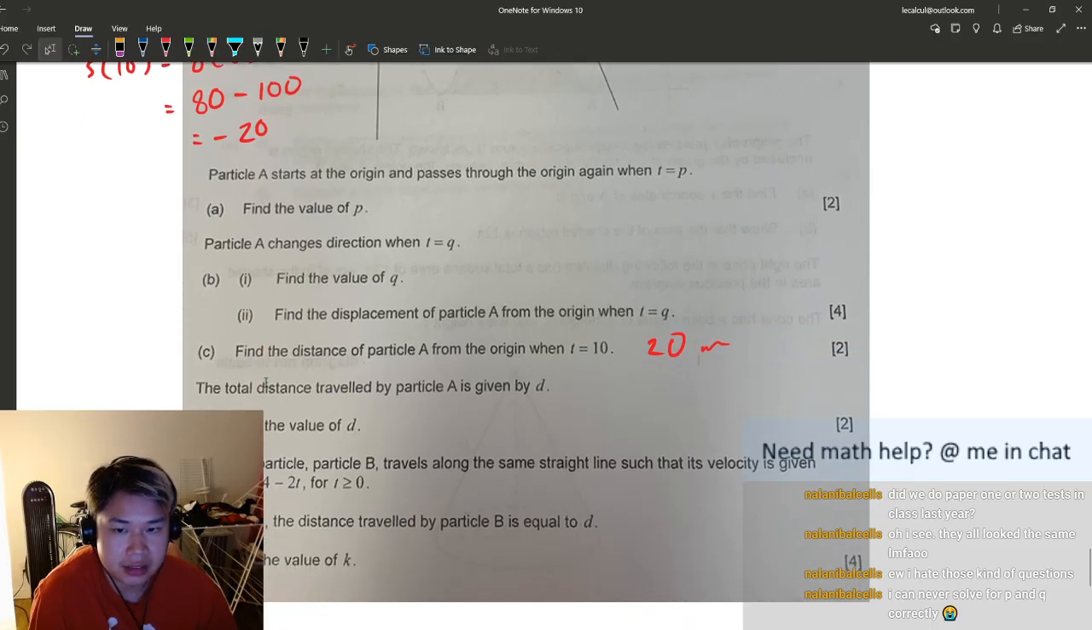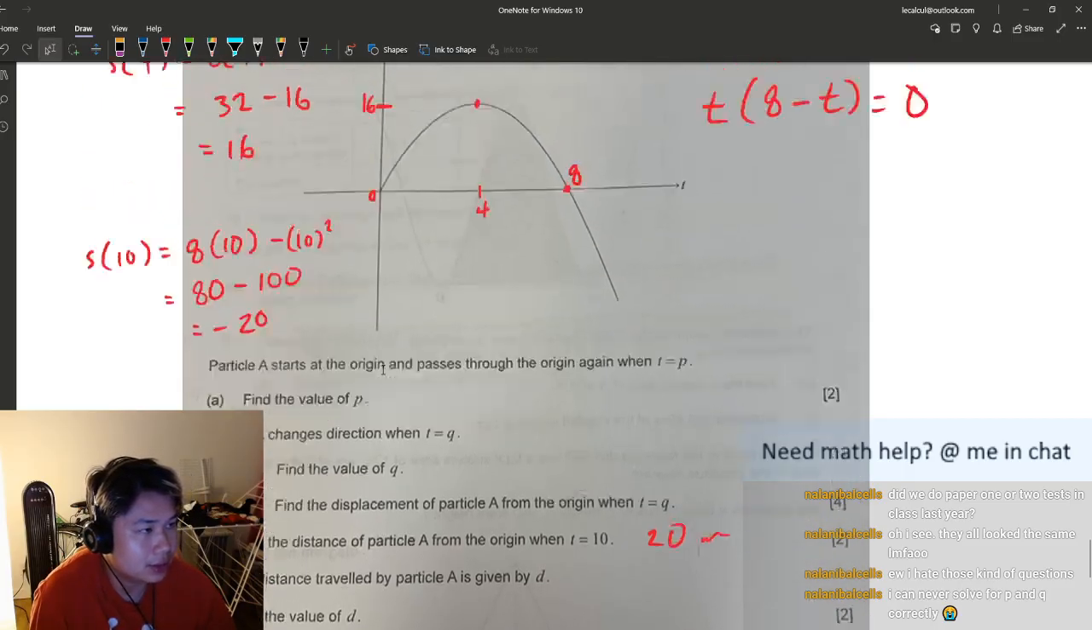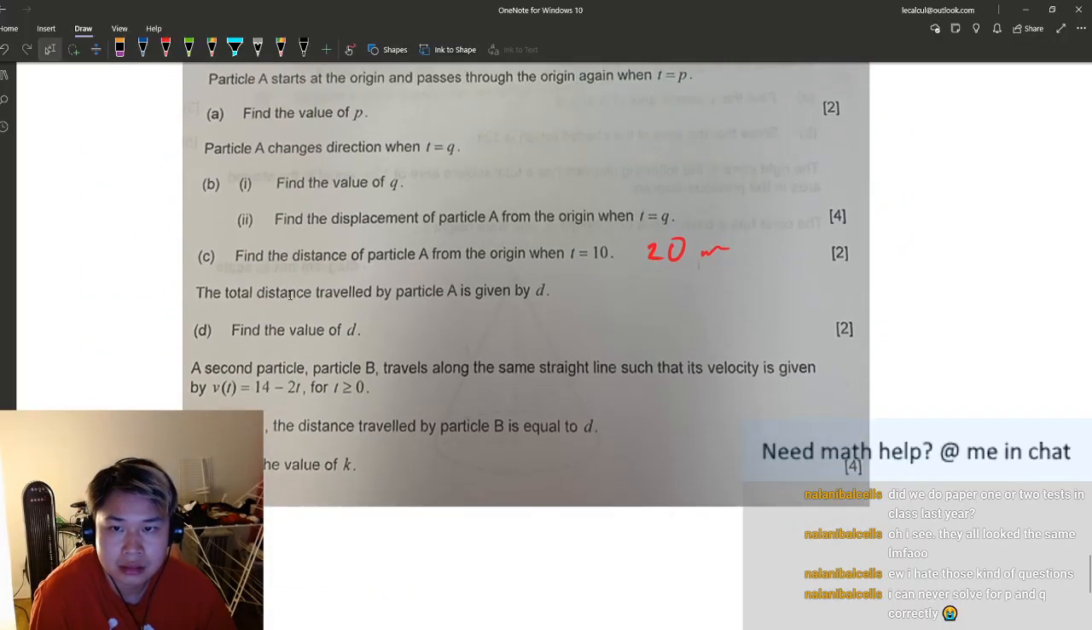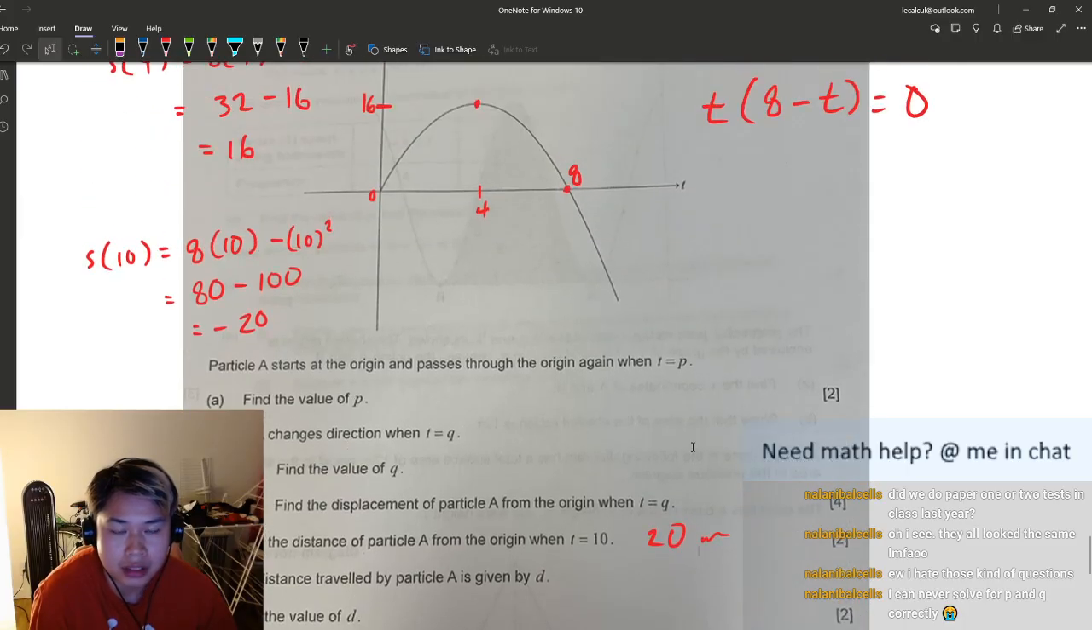Okay, the total distance traveled by particle A is given by d. Find the value of d. Total distance, okay. Oh, but this is only 2 marks. So is there a tricky way to do this? Oh, okay, easy peasy, I got this. So here's at 10, right? And then we know that they travel